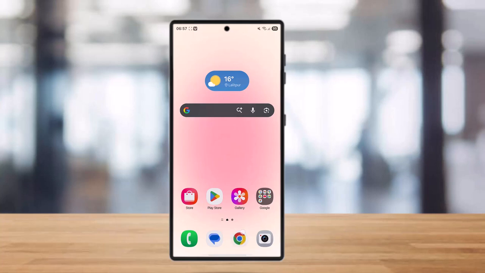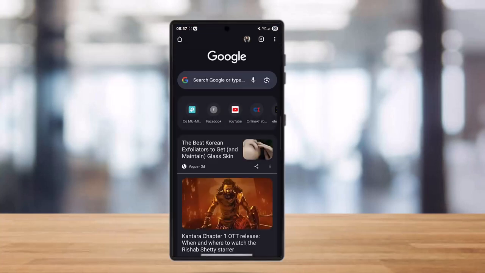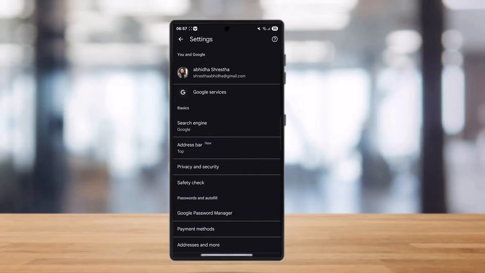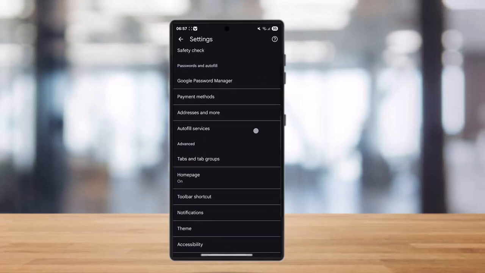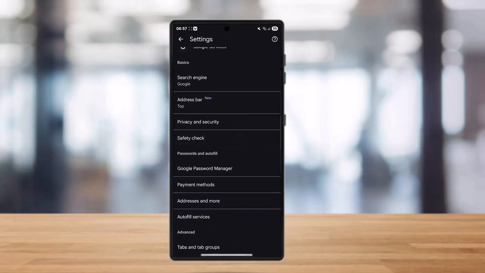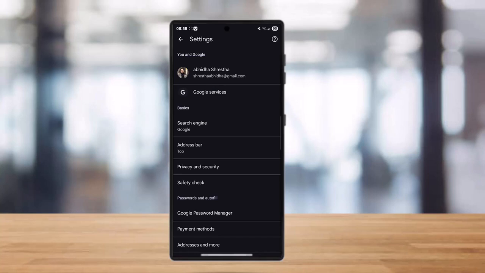So for this, first of all, open your Chrome, and once you open your Chrome, you need to tap on the three dots. Once you tap on the three dots on the top right-hand corner, simply select Settings. Now simply scroll down to the Performance section. Once you find the Performance section, you can find how to enable memory saving and energy